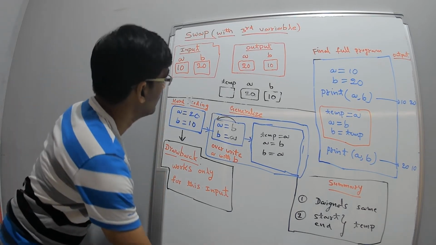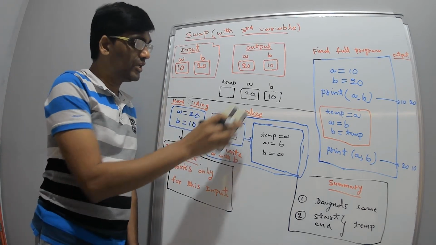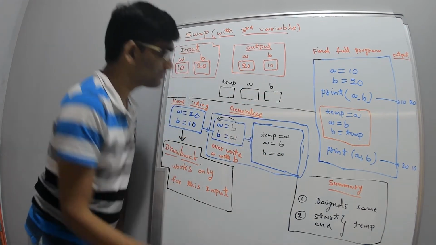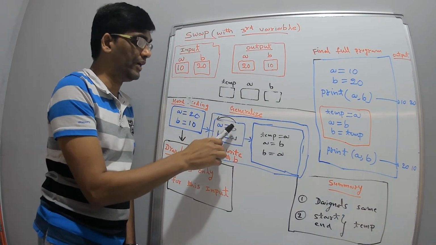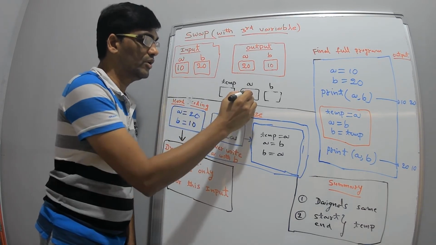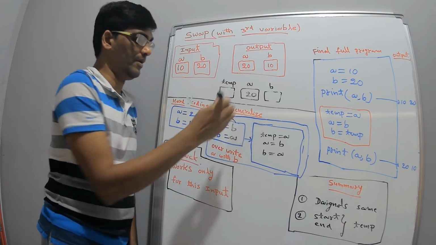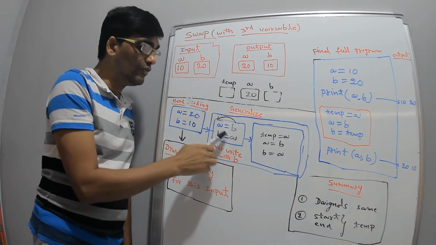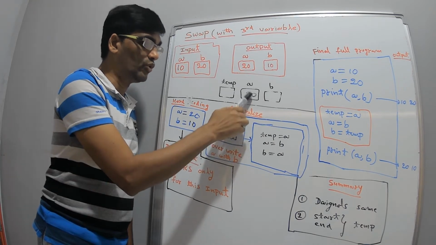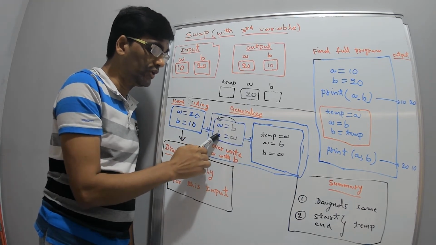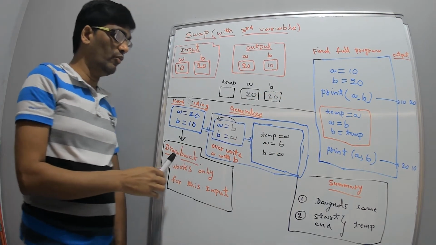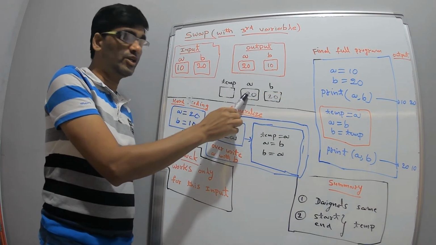Okay, so here there is some problem actually. What is the problem? At the start you are saying a is equal to b, right? The b value will come and be stored in a. The b value is how much? 20. 20 is coming and being stored in a. Now the a value will be stored in b, but the a value is already 20 now. So 20 will come and be stored in b. Why? Because the b value 20 came and was stored in a.